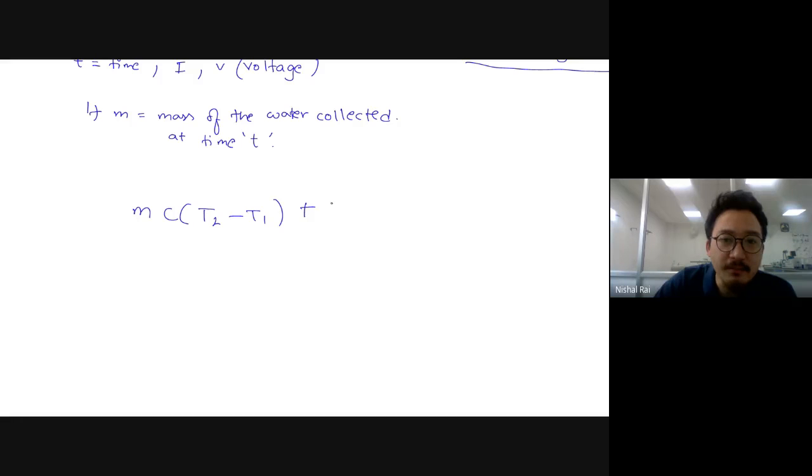Also, there will be some kind of radiative flow. The energy will be lost in terms of radiation also. This is just some constant energy, for time just write it R. Clear? The heat loss can be through conduction as well as through radiation. So that's why we are just putting R over here, which should be equal to what? VI into T. VI is power, T is time. This will give you energy, no?